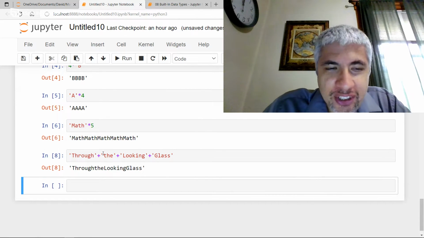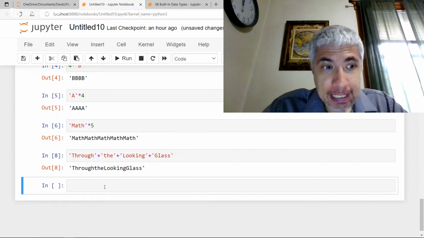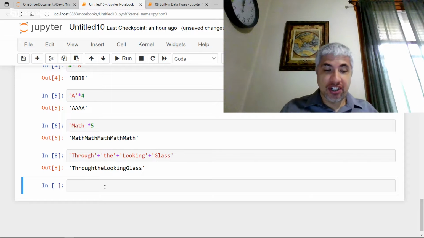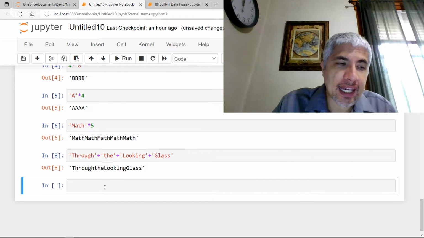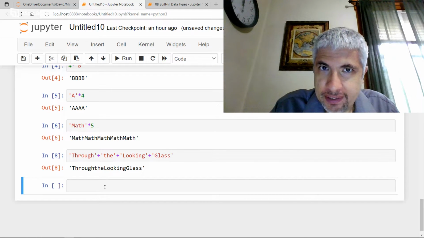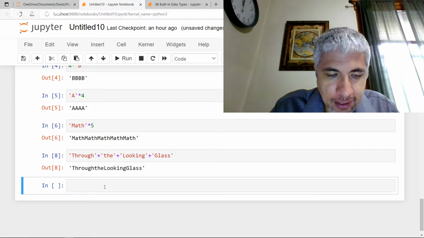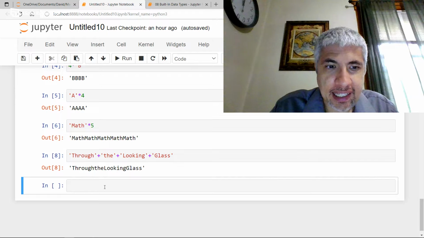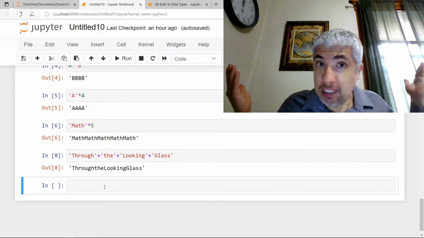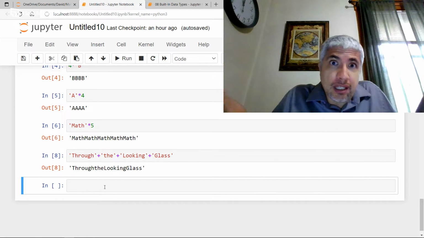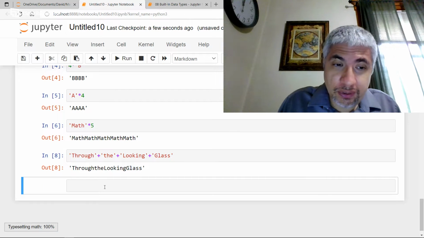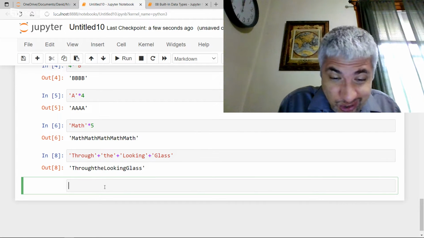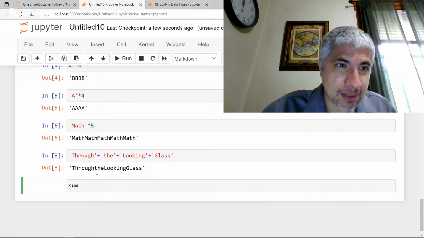Now, to go a little further, since we can sum strings, you might say, hey, we could probably use the sum function on strings as well. And, well, there's something to that. Let's see what happens when using the sum function on strings and lists. Let's experiment, and hopefully it won't destroy my computer. It's not going to destroy our computers if we do something weird,